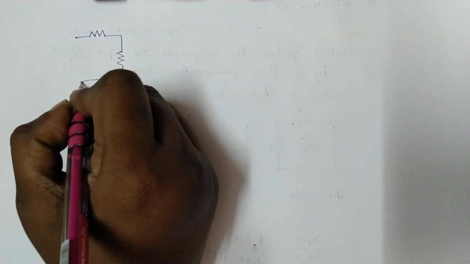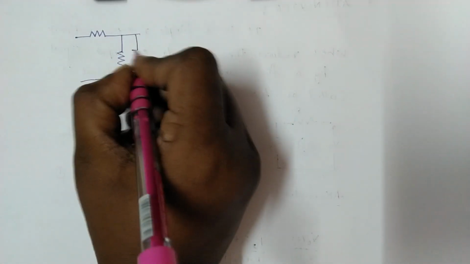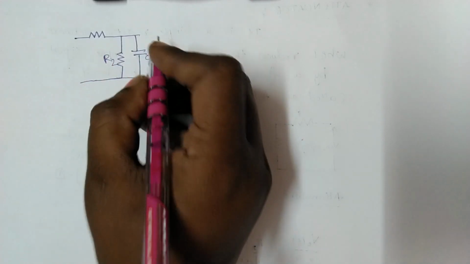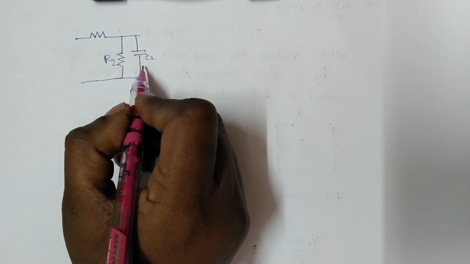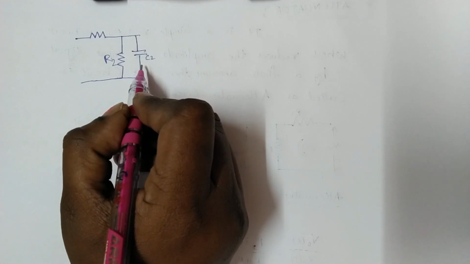When the stray capacitance is present across R2, that is the C2, as it is frequency dependent, there will be a change or a distortion in the output waveform. We do not want distortion in the output waveform, only the amplitude has to be reduced. So in order to neutralize that, we place a capacitor C1 across the resistor R1.